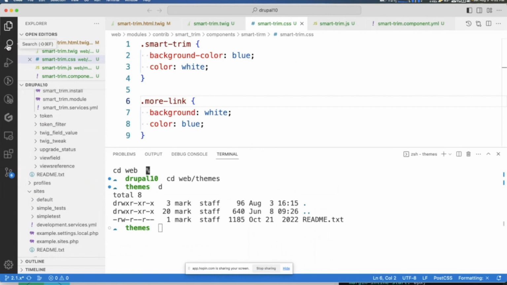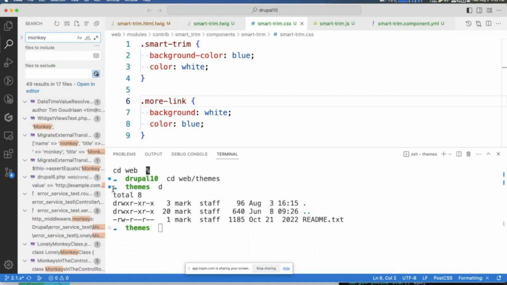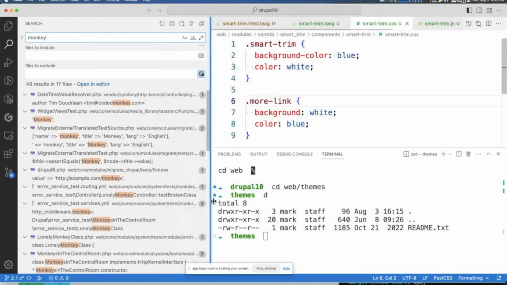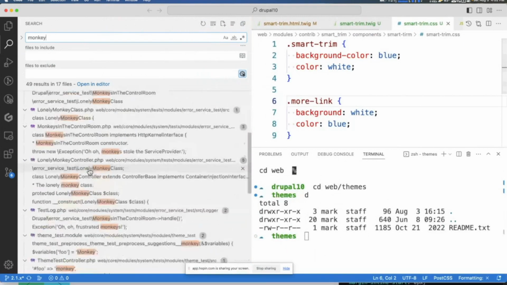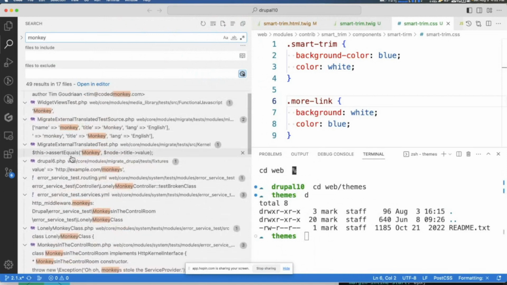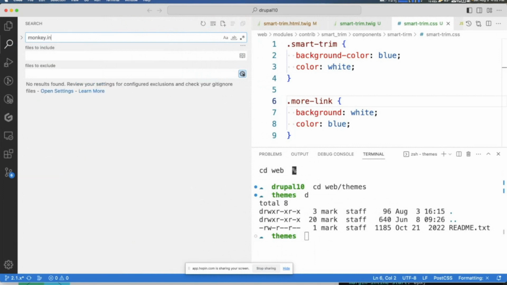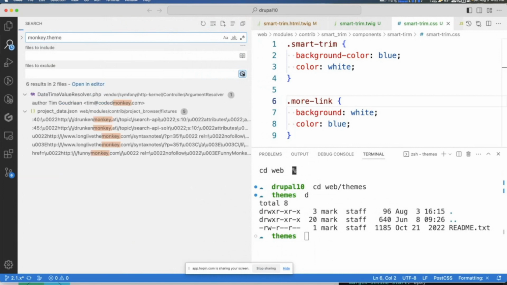Oh, wait. Can you see the up level real quick for that? Monkey dot theme.